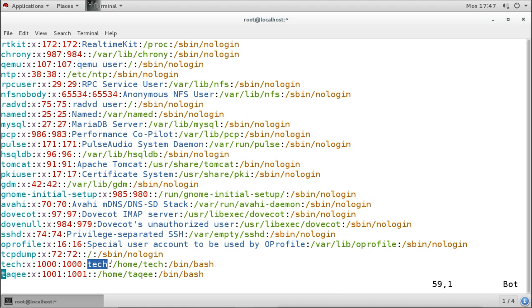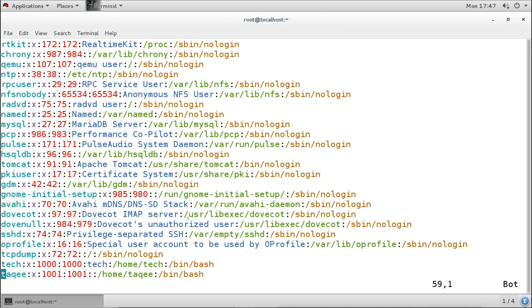Then the home directories for these users are under /home. These are the directory names, and both users are getting bash as the shell because they are normal users. They need to log in to interactive terminal shells, so they need a shell, bash.